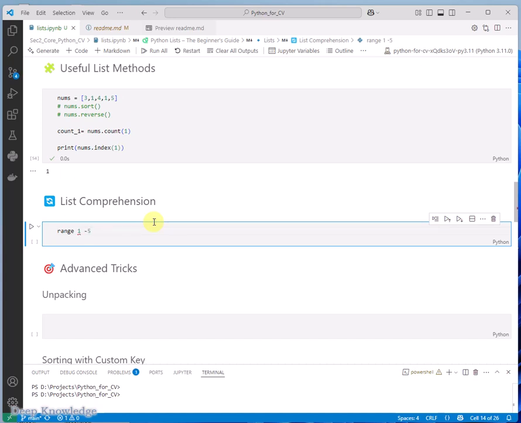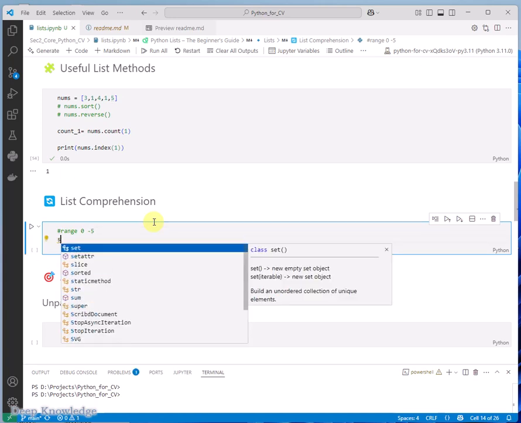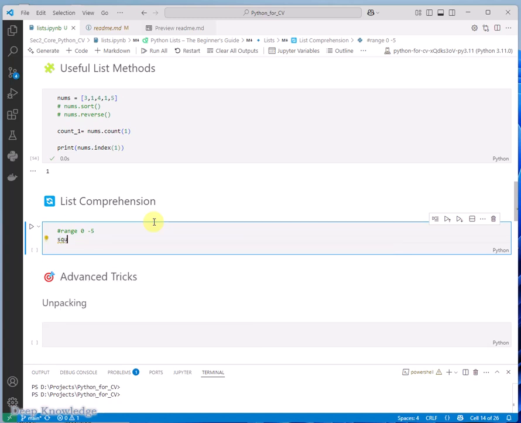If you see range from 0 to 5, it will actually be from 0 to 4. So you need, for instance, the squares of these numbers from 0 to 5. So how the list comprehension works, you can see x times x